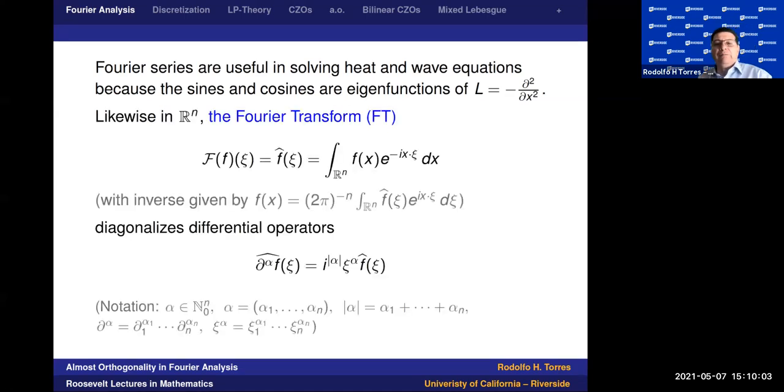Likewise, we're going to be working in Rn, so in n-dimensional Euclidean space. Instead of Fourier series, we're going to be looking at Fourier integrals, which I choose to define in the way represented on the screen. And one important property, like Fourier series with this ordinary differential operator, is the same here with the Fourier transform. It diagonalizes operators in the sense that it transforms